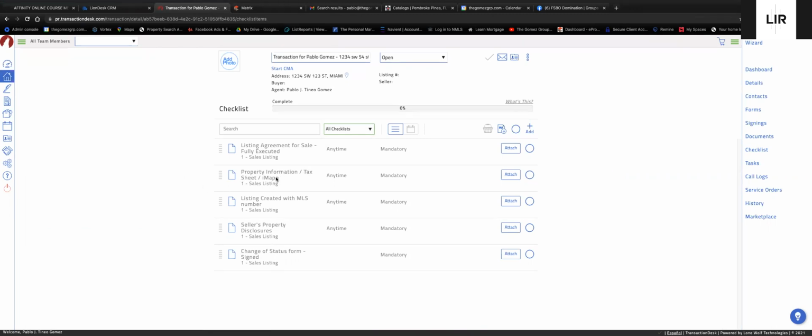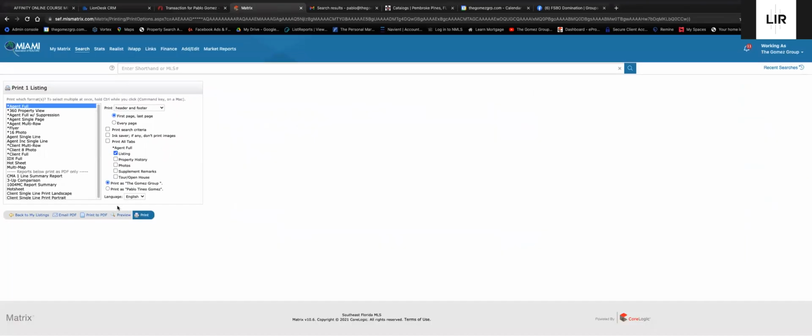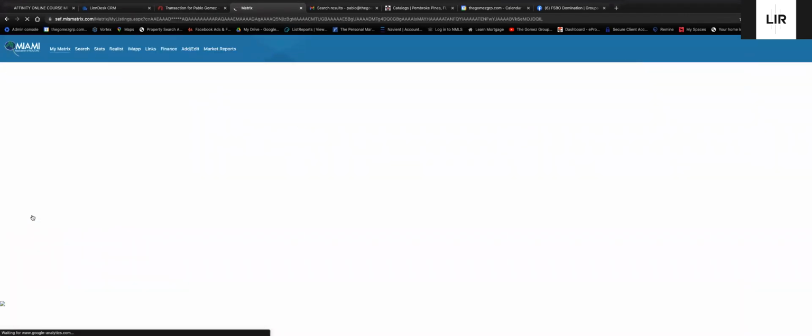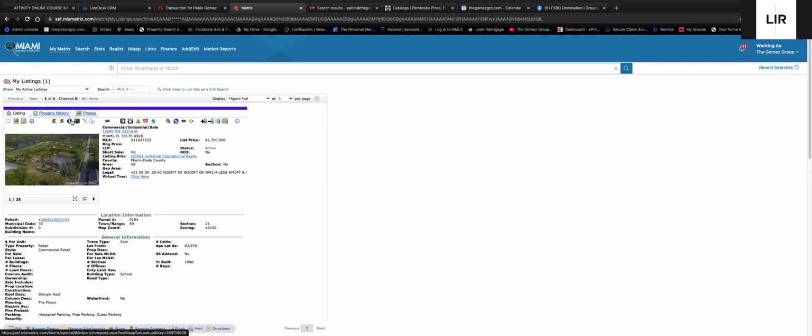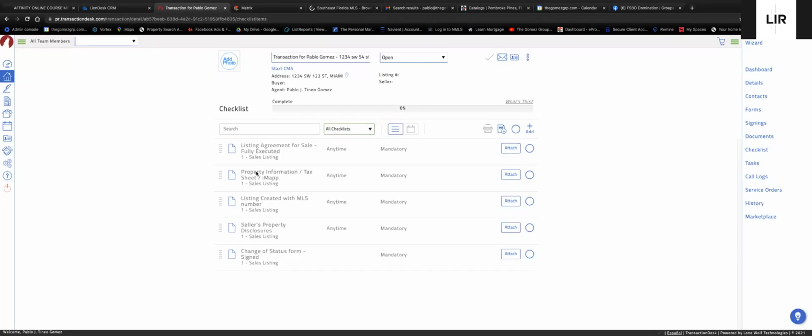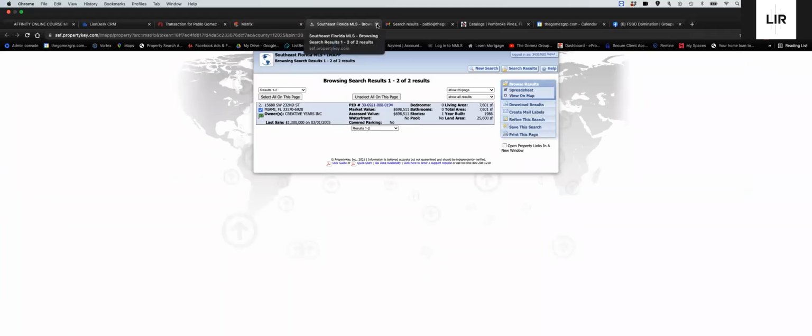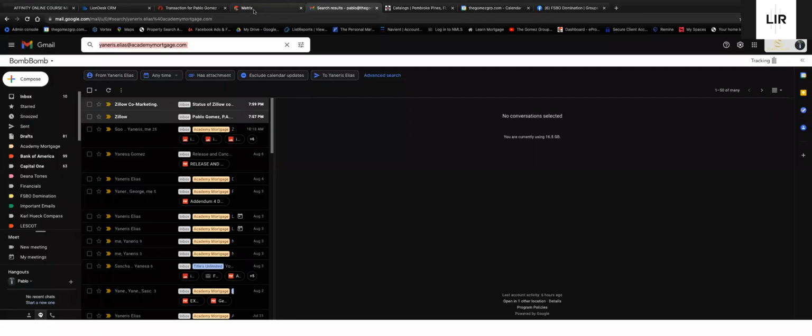What they mean here, guys, is just simply, let's go back here to the MLS. You can just go to IMAP, and what they're asking there, let's go back to transaction, is the property information tax sheet or IMAP. Okay, well, this is not a good example because it's a commercial deal. Let's go back to